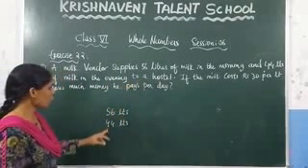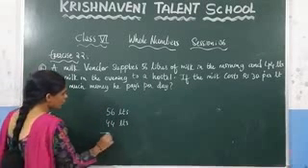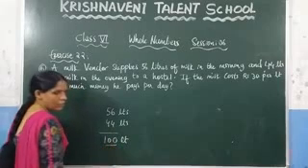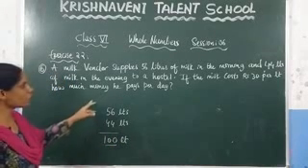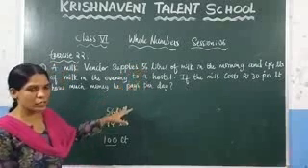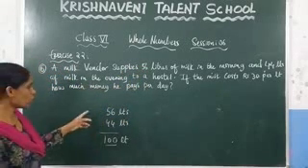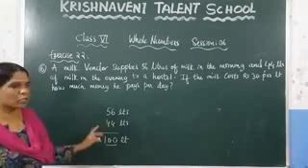So here, in total how much milk is he supplying to the hostel, in the morning and in the evening? In total he is supplying 100 liters of milk in a day. In a day, he is supplying 100 liters of milk to the hostel because he is supplying 56 liters of milk in the morning and 44 liters of milk in the evening. So total milk, how much is he supplying in a day? 100 liters of milk he is supplying to the hostel.